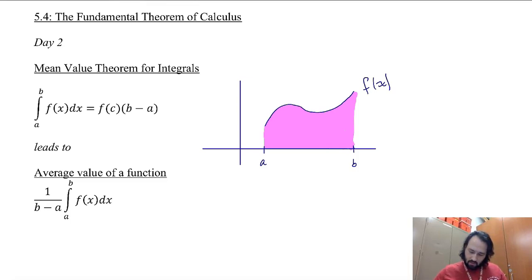So there needs to be some value c, let's say it's right here, such that if I take f of c and I draw that horizontal line, the area, which it probably needs to be a little bit higher in this case. How can I move just that line? Let's just do this. The area of that value of c from a to b,